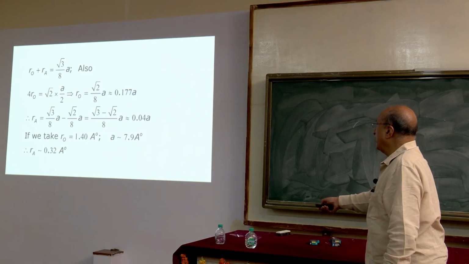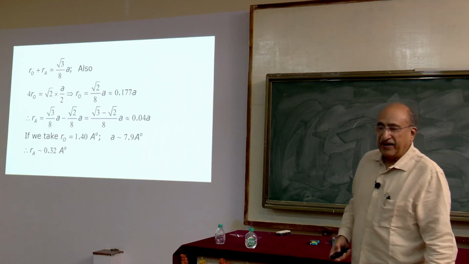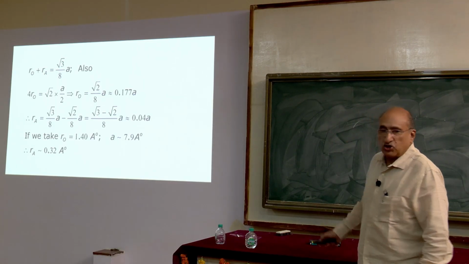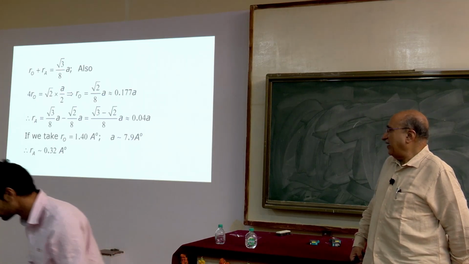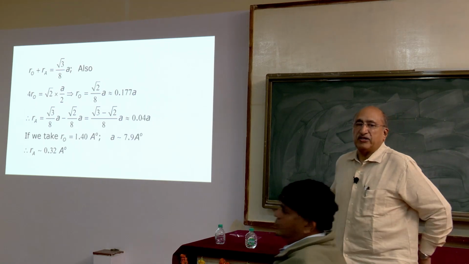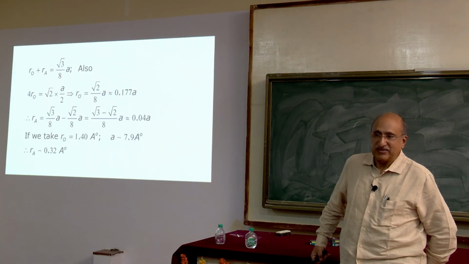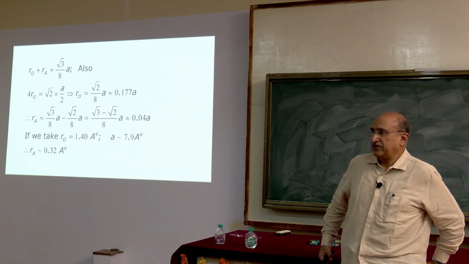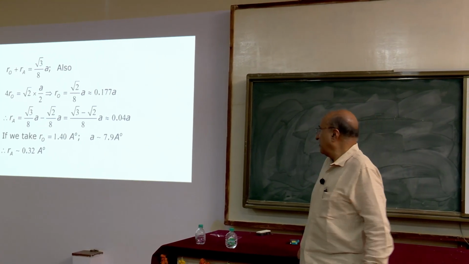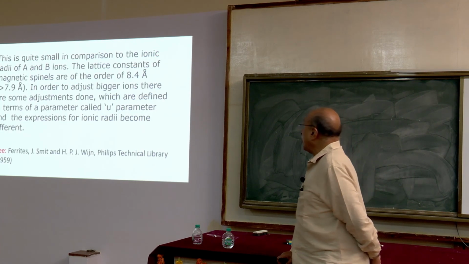If you take R0, typically the oxygen radius, which is given in a table, it is of the order of 1.4 angstrom. Then the lattice constant of spinel turns out to be 7.9 angstrom. And the radius of an A ion, the maximum you can accommodate in the A site, is 0.32 angstrom. It's very small. Most of the ions will be bigger than this size, and therefore they will not touch each other. These touching arguments will not work. Fine? The site is bigger actually, small in comparison to the